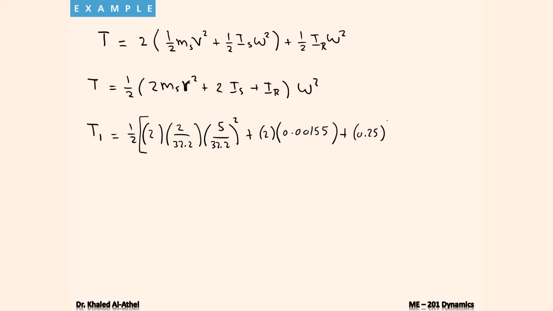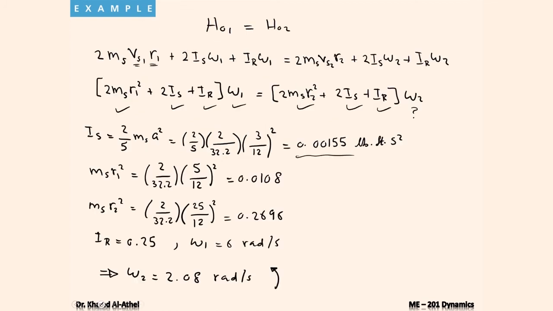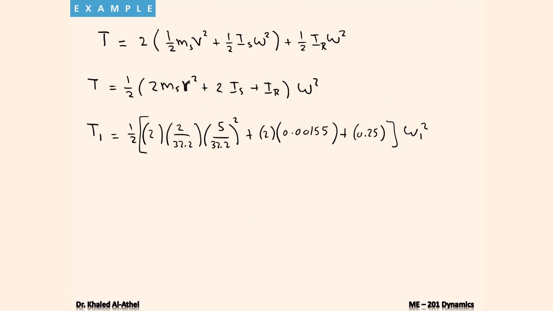All of this multiplied by omega 1 square, which is given as 6 radians per second. So I'm going to delete this one. I'm going to write 6 square. Okay, this is T1, and this will give me that T1 should equal to 4.95